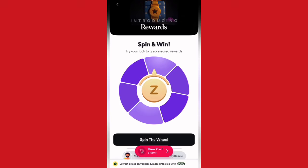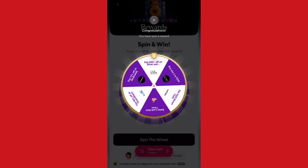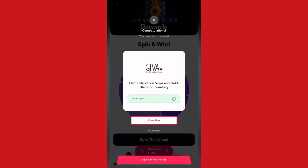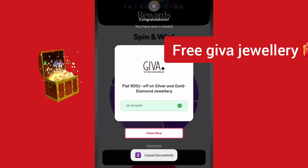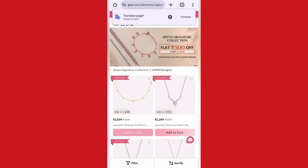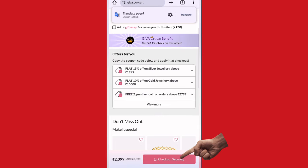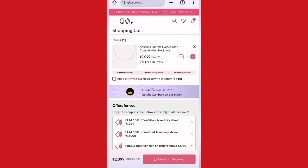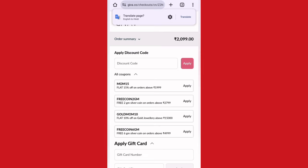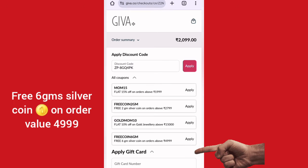You can come back and click on exclusive rewards, and here again you can spin the wheel and try to get a Zepto free cash or coupons. Here I have got a Giva jewellery coupon. You can copy the code and click on claim now. You can add to the cart Giva jewellery as shown in the picture and apply the coupon as shown here that was previously copied,